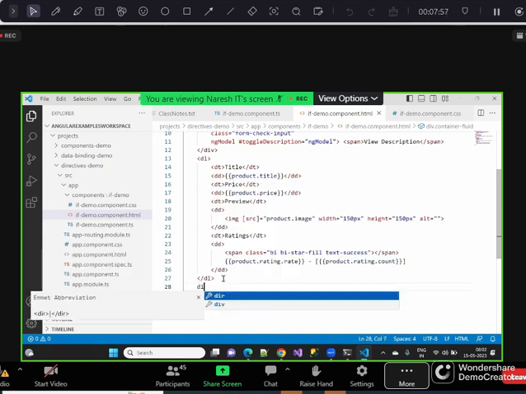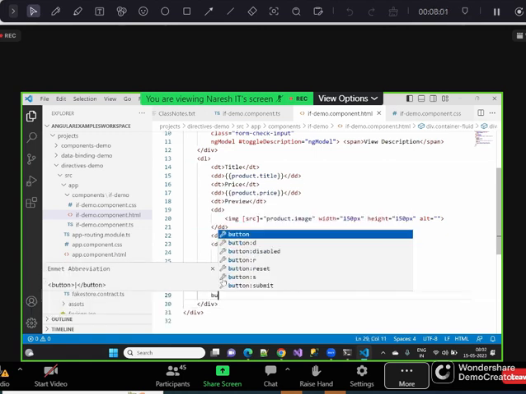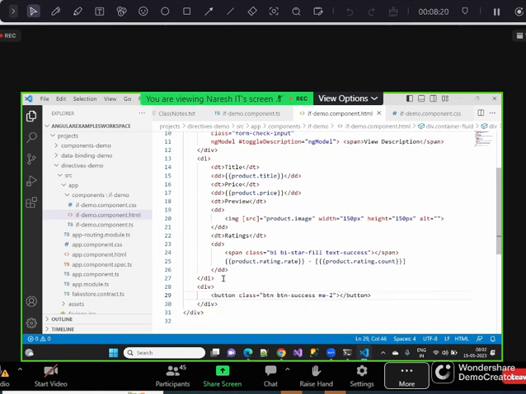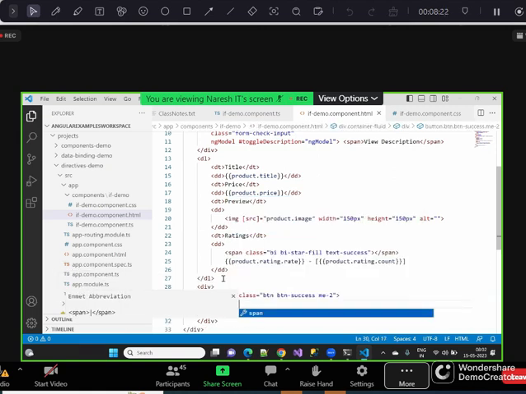So I'll take another div where I can have a button, and this button will contain the classes btn, then btn hyphen success, and then me-2. I can give two classes, and after that let's have a span tag, and there I'm giving bootstrap icon,